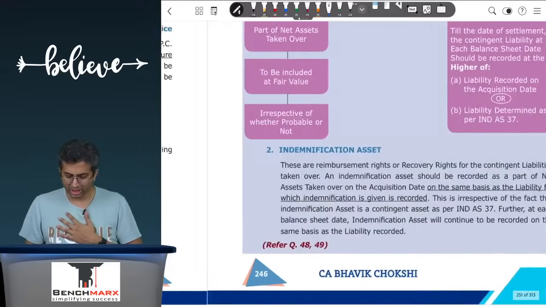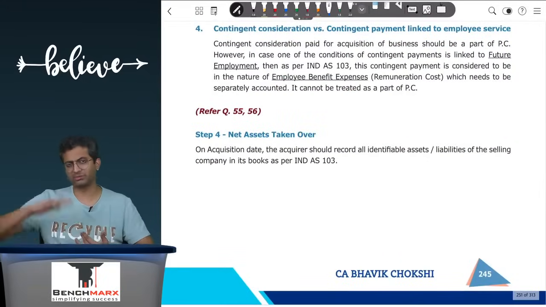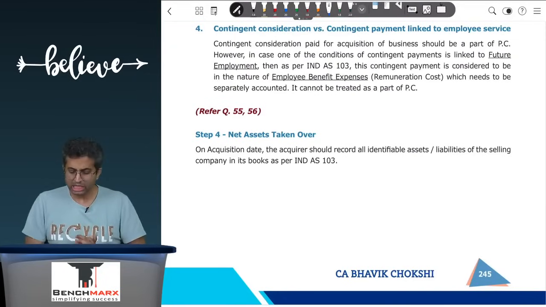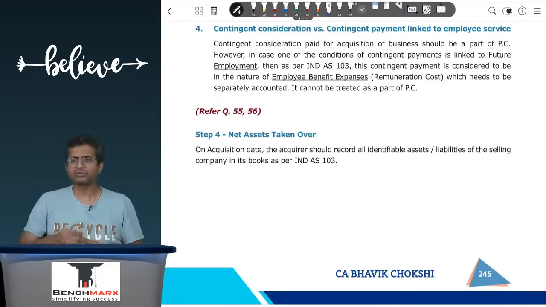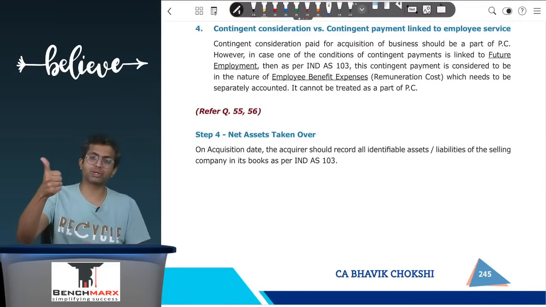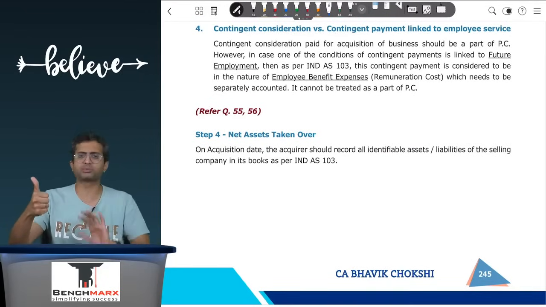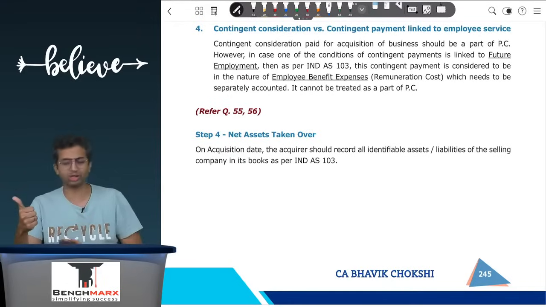So when we are looking at net assets taken over, I'll just jump over to net assets, understand this better, and then do the few other special cases. So when you look at the net assets taken over, a few important points that you have to remember: 100% of the net assets are taken over, as we discussed, because we have the ability to direct 100% irrespective of whether we own a 51% stake or a 100% stake.